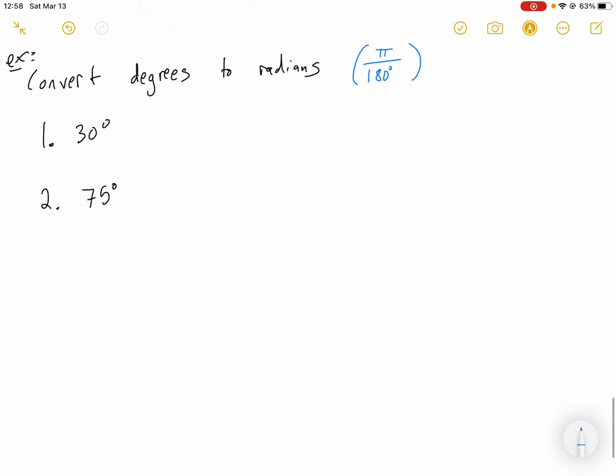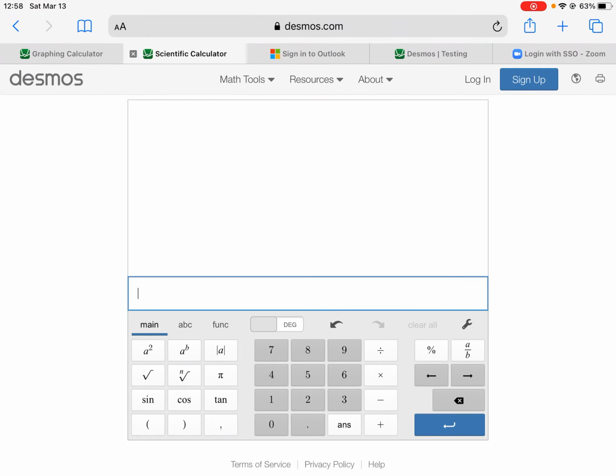So a couple things are going to happen here. First of all, it starts off very simple. You take 30 and you just need to multiply by pi over 180. And that's pretty much the answer, but let's go ahead and think about what's really going on. Let's take a look at our calculator. If I do 30 times pi over 180,